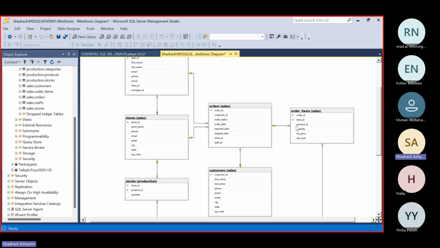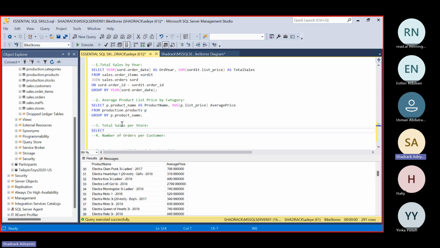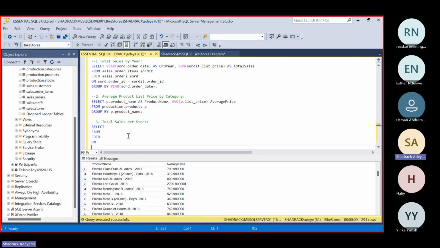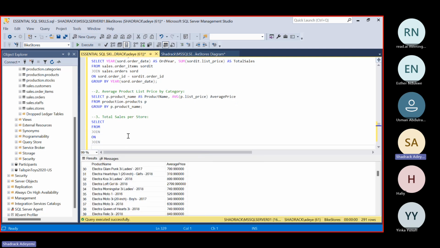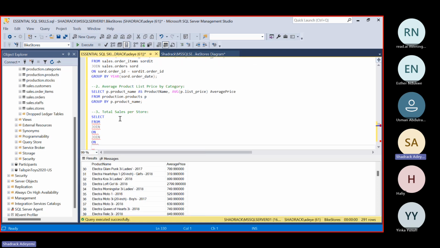There's a relationship between the three of them and it's moving in this direction. There's a primary key to a secondary key relationship here on the other ID column, and in this case, the relationship is the store ID. So let's try to do that. We are going to be writing a select statement from a table, joining it on a table, and specifying the relationship between the two of them. Then we're going to join a third table and specify a relationship between them. So it's easy to know that we're going all the way this way.